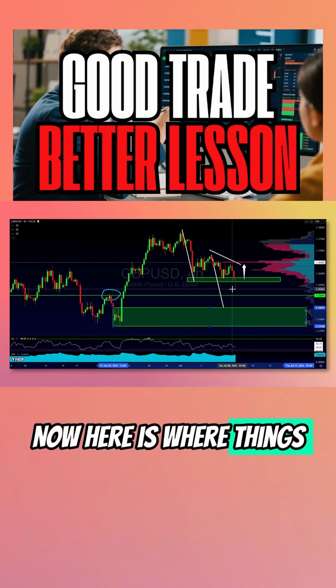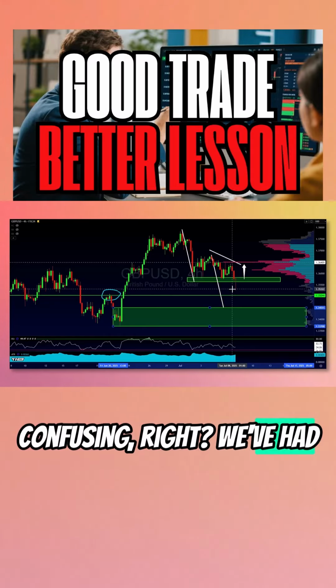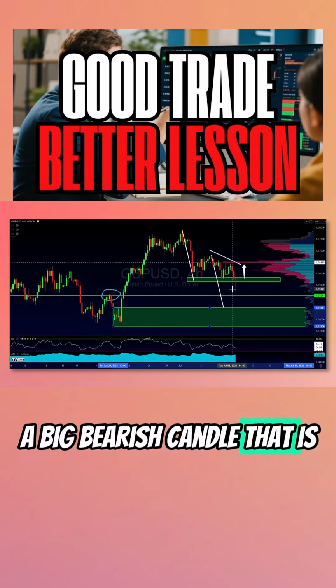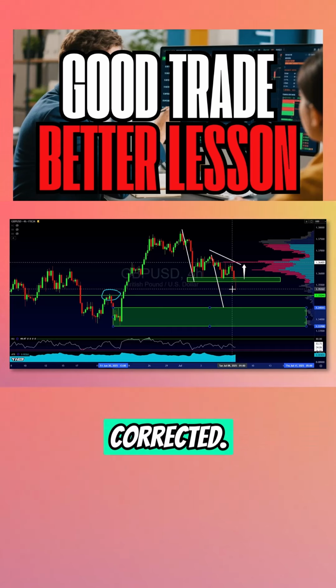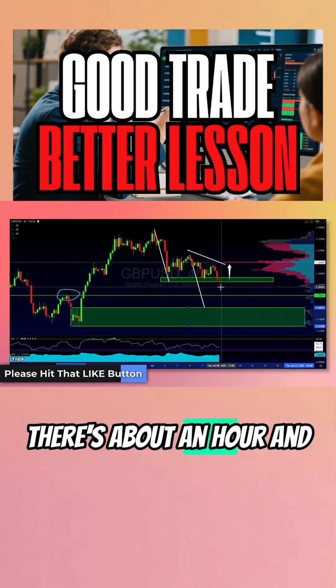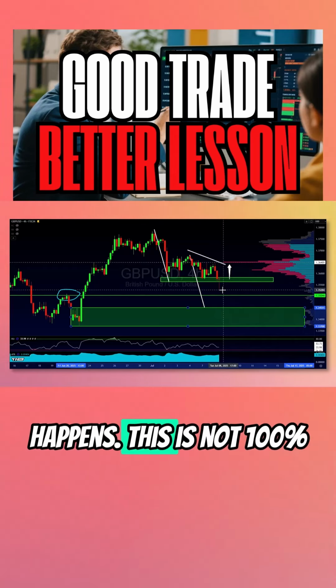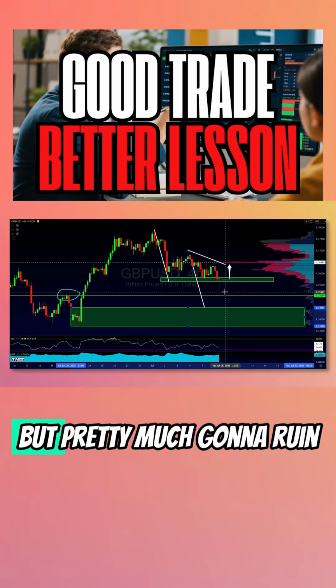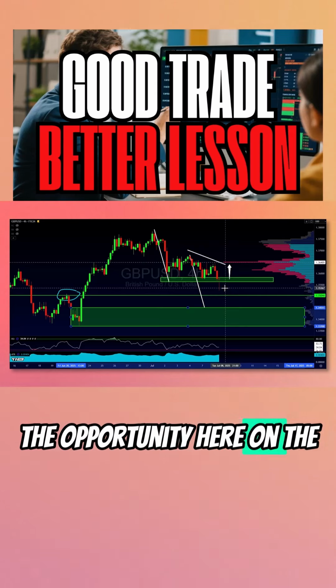Here is where things have gotten a little bit confusing, right? We've had a big bearish candle that is now getting fully corrected. If this bar holds and we do not break and close below, and there's about an hour and 10 minutes before that happens, this is not 100%, but pretty much going to ruin the opportunity here on the 4 hour,